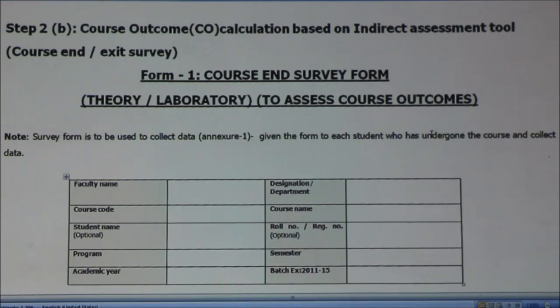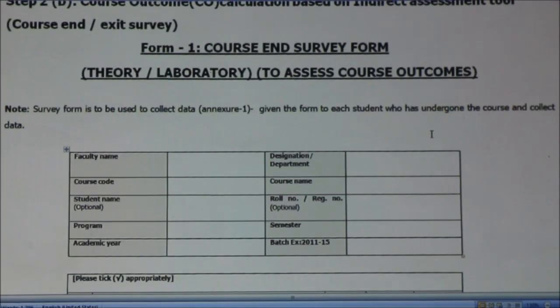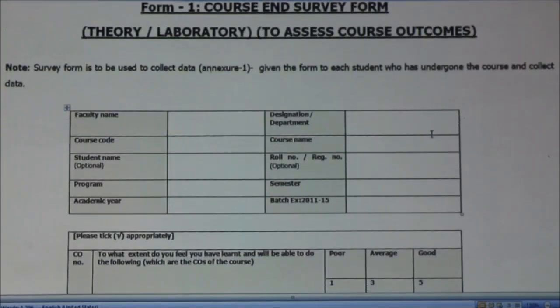Simply giving the form or sending it by email and asking them to fill it up is not the right way. Preferably, we have to give them all that education which is required to make them understand why it is being done, so that they give genuine feedback without having any kind of emotions in their mind. Now, this form is a very simple form which has been created. We should not get unnecessary data through the form. We require the name of the faculty, course code, student name, program, year and all these things. But mainly what is required is